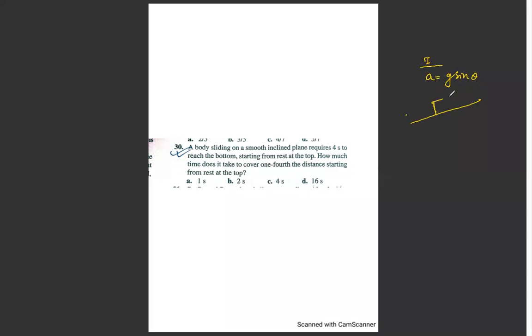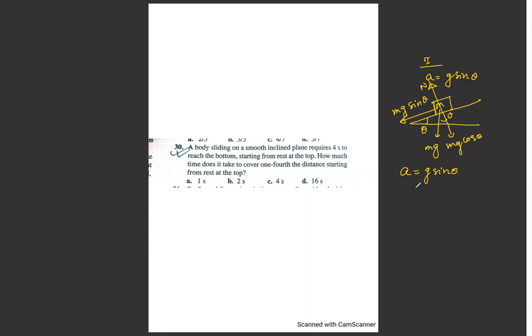This one is an inclined plane and you put a mass m. This angle is theta. So mg, mg cos theta, normal reaction, and mg sine theta. This is the only driving force down the incline. So acceleration can be directly written as g sine theta because m and m are getting cancelled.